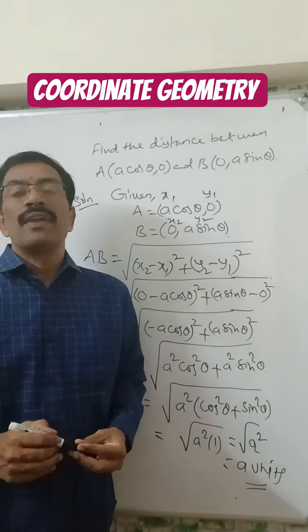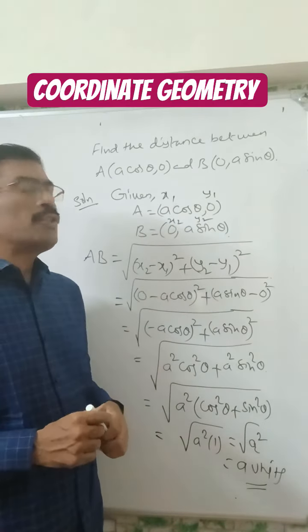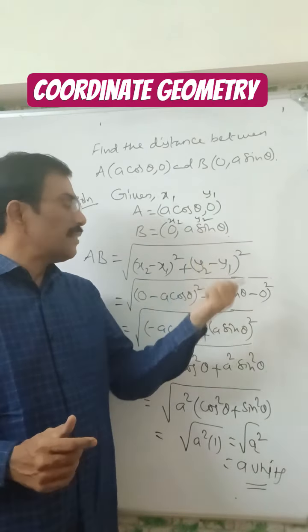So the distance between these 2 points, that is A cos theta comma 0 and 0 comma A sin theta, is